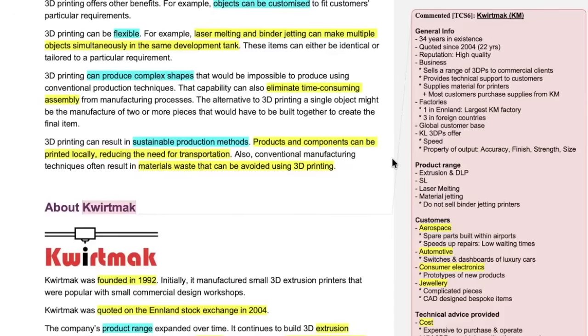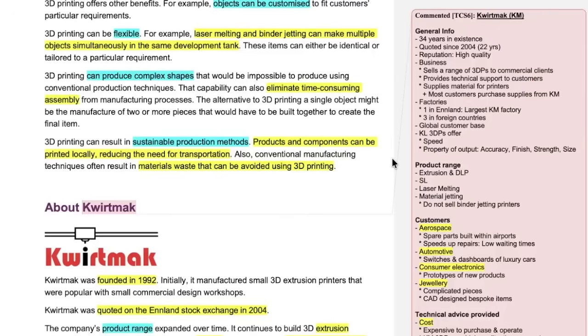We try to ensure that the finish of a 3D printed product, a component, or a part is up to the required level of standard of the customer. And at the same time, we think in terms of the strength of a product or a part which is manufactured using our 3D printers. For instance, we offer services in which you can utilize metal when it comes to carrying out your 3D printing. So that is when we are offering strength, as well as we fulfill the size related needs of our customers as well,